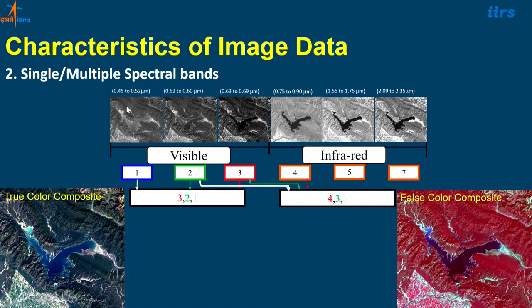So you should be aware that an image is nothing but just a collection of these spectral bands, and how to represent them depends upon your Python code or whatever software you are using. You can make a combination of different bands, and these bands have their own peculiarities also. That again is a subject of remote sensing, that is, what band is useful for what kind of application. That is a different session, and not under the scope of this particular course.